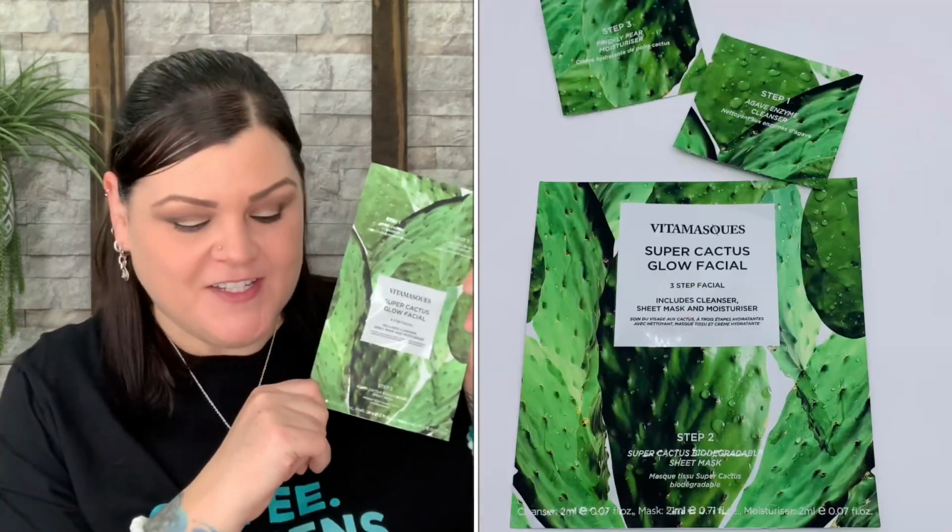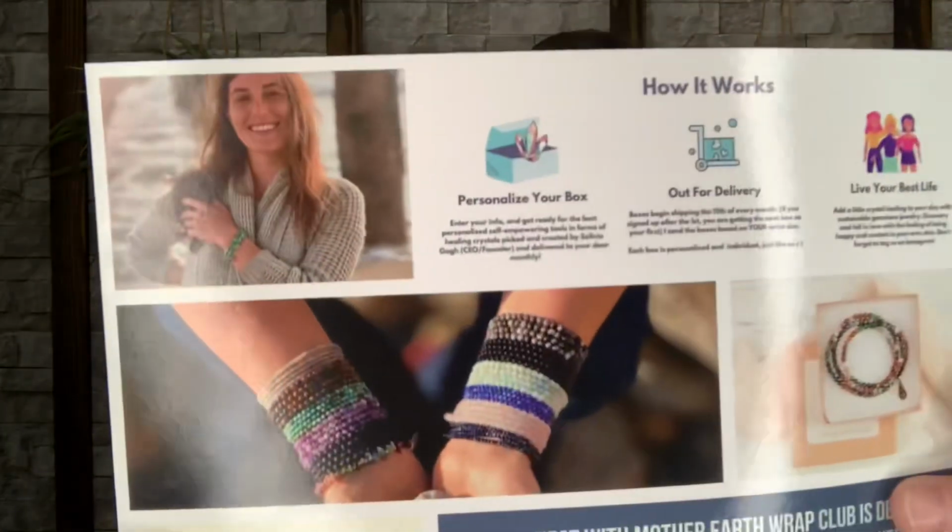And then step 3 is the prickly pear moisturizer. I love that. Again, I love when there's a 3-step more than just the 1 step. So that is super neat. So there's that. You also do have some paperwork in here, and it does show you some more of their